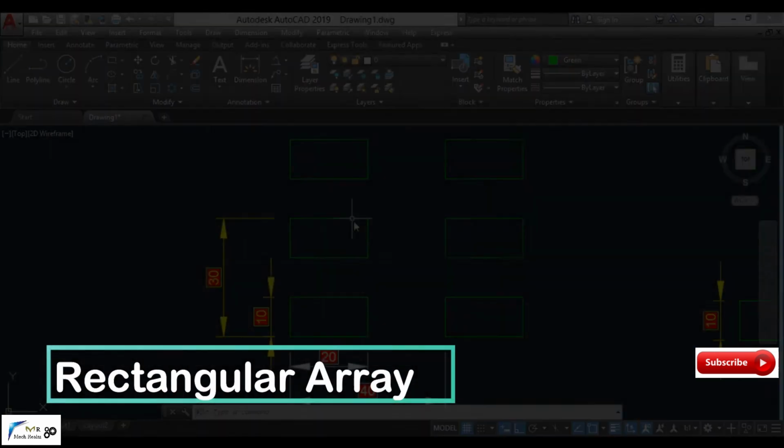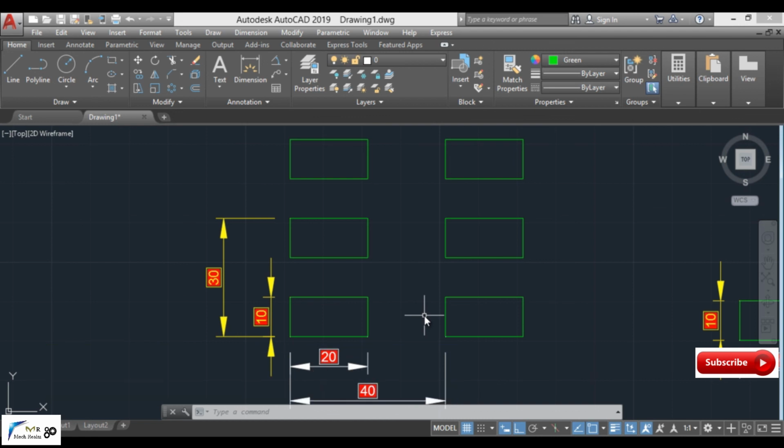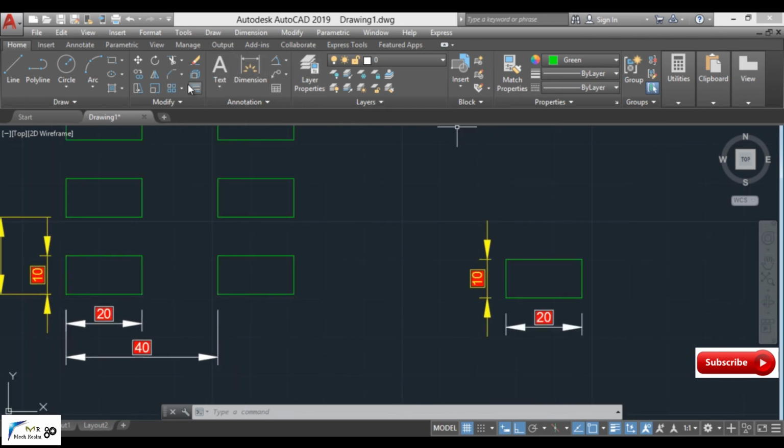Now if we have to create an object like this, for this we have to simply select a rectangular array and any type of complex object can be created. For this we simply have to create a rectangle of size 20 by 10 mm like this. So now simply select rectangular array from the flyout and select the object whose array has to be created.